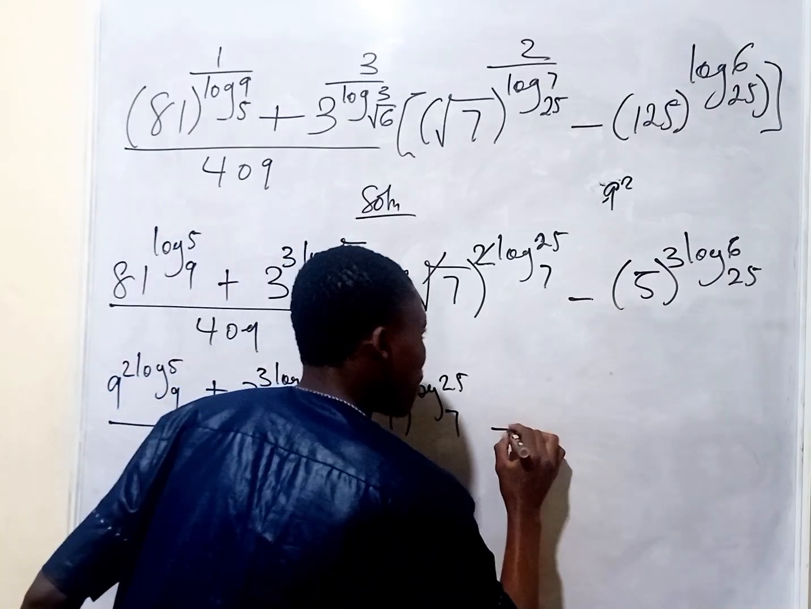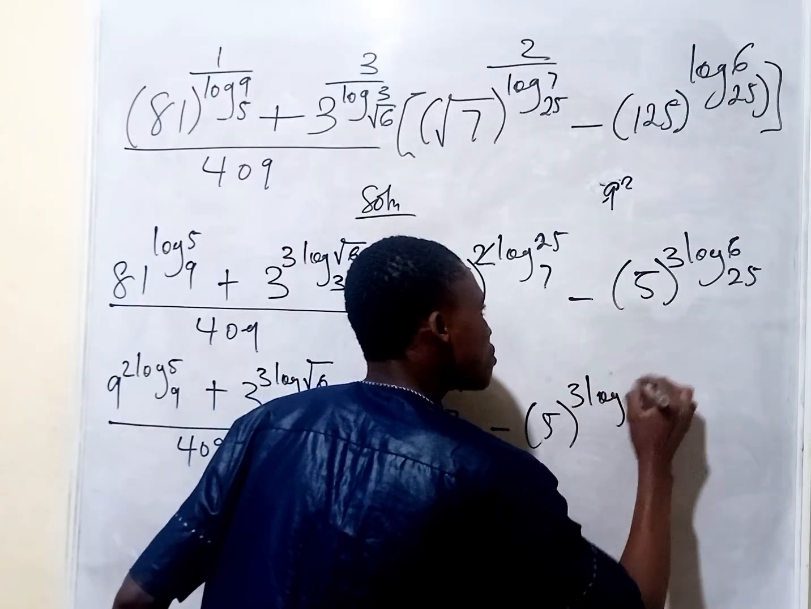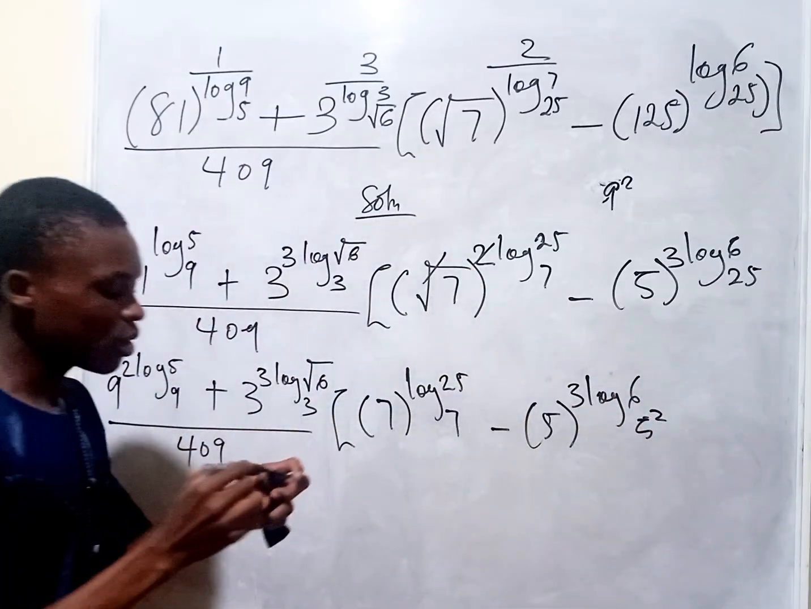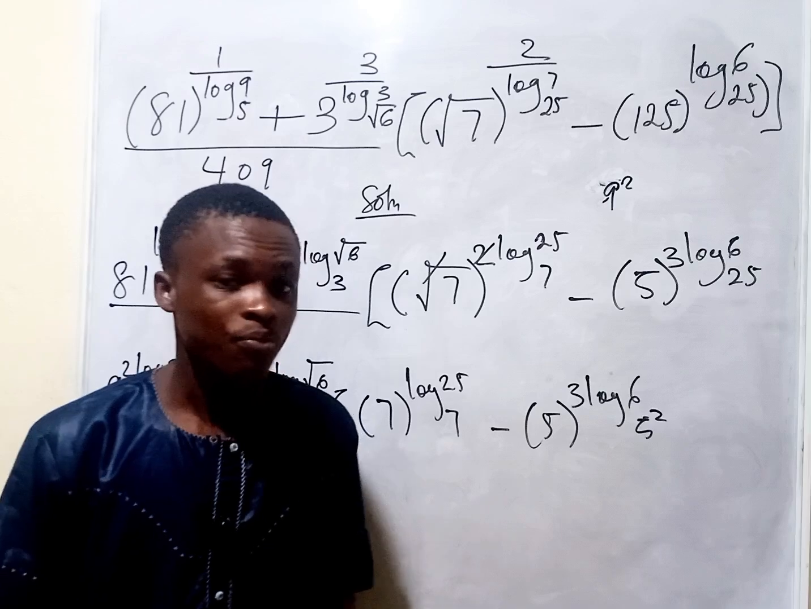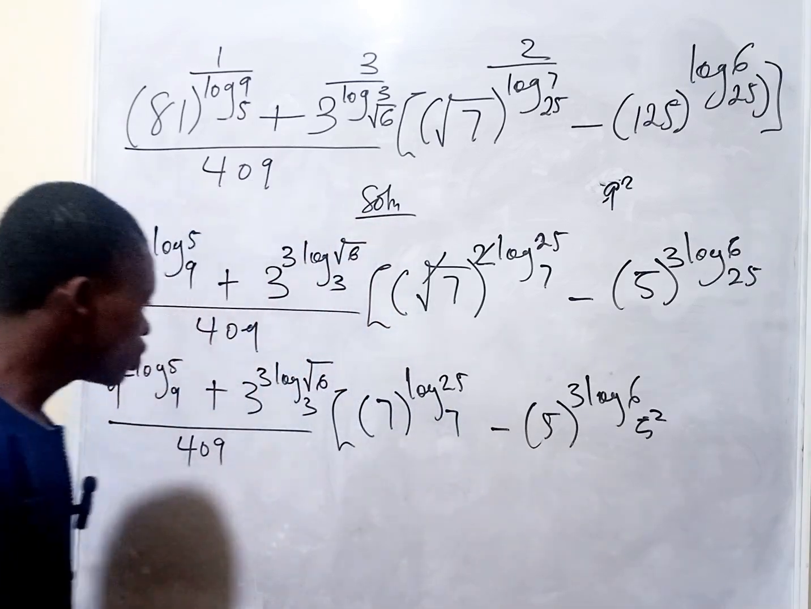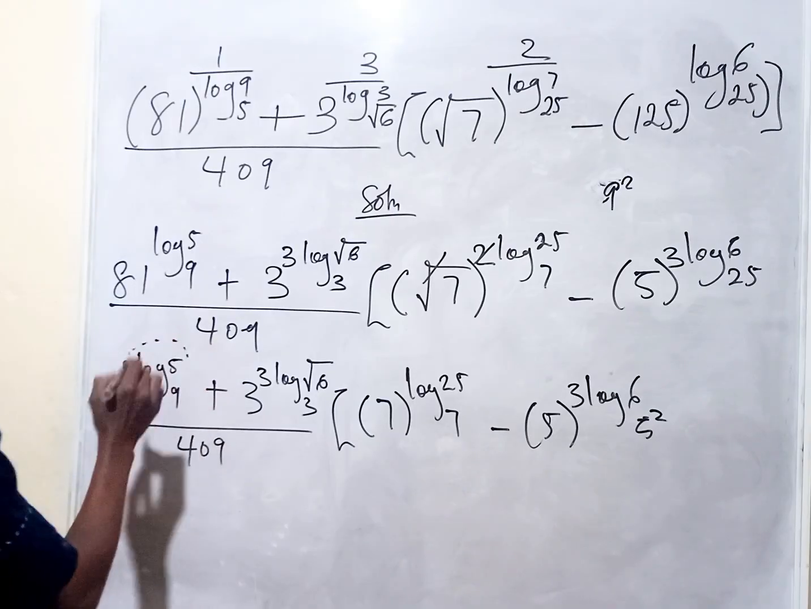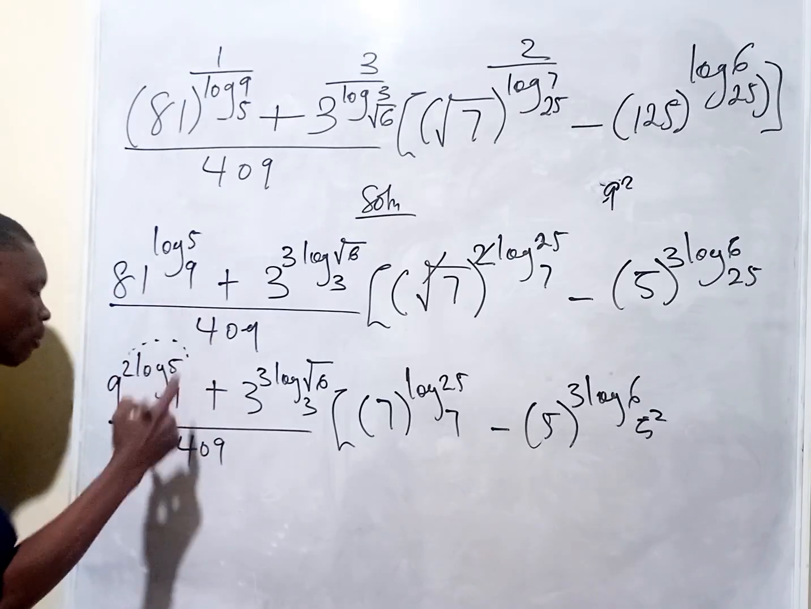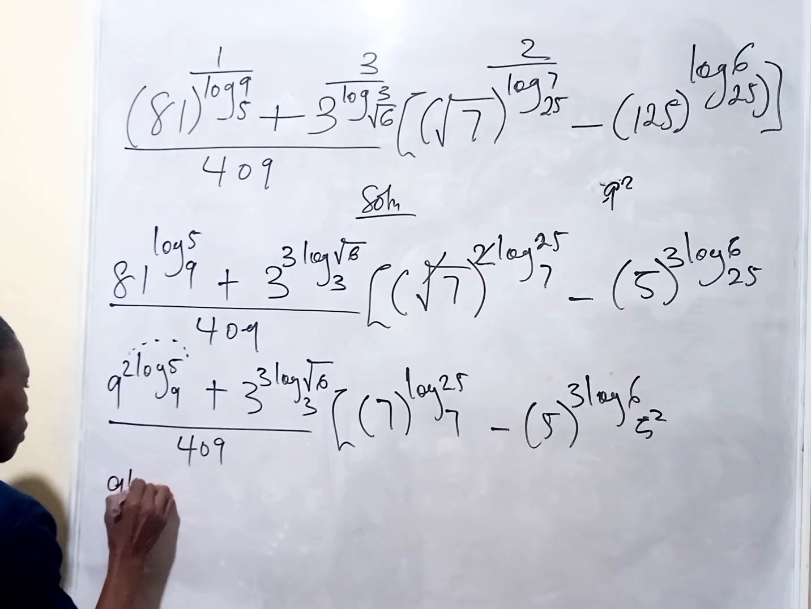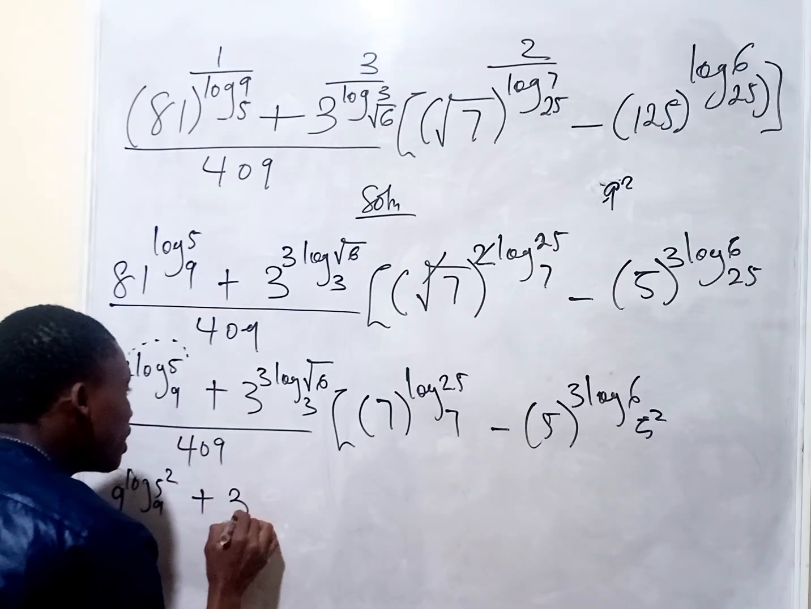minus 5 to the power 3 log 6 base 5 squared. All right, because you know that 25 here can also be written as 5 squared. That is, 5 squared is 25. All right, let's continue. From here we know that if we simplify, this multiplier can return back to become a power. So we'll have that this is 9 raised to the power of log 5 squared base 9 plus 3